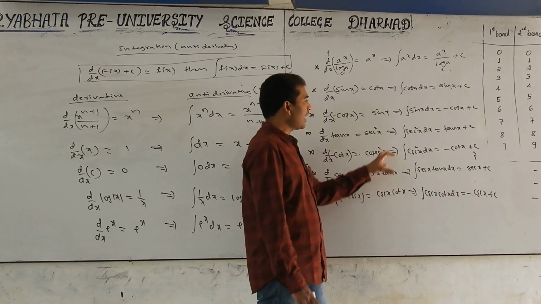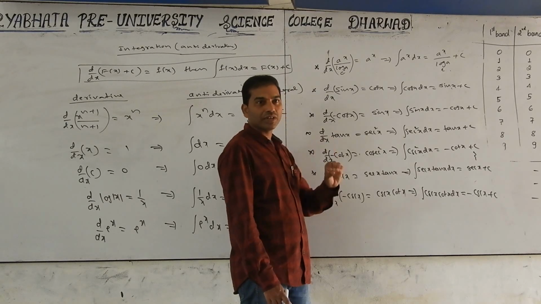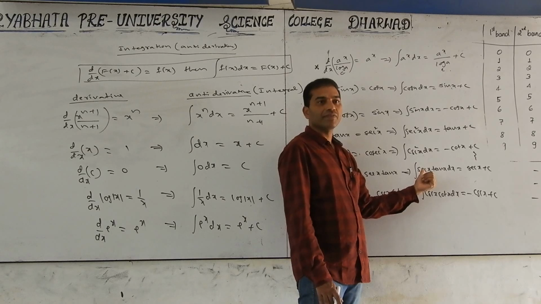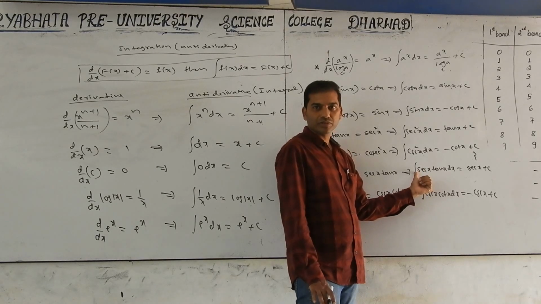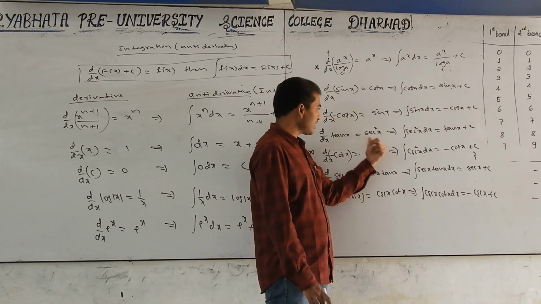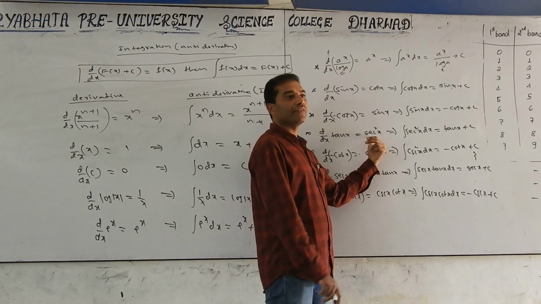I created these formulas by using differentiation. We know the differentiation formulas. By using that, I am creating standard formulas of integration. This much only. So to get tan x, we should get tan x here. By taking what will we get tan x, then we will get the antiderivative.